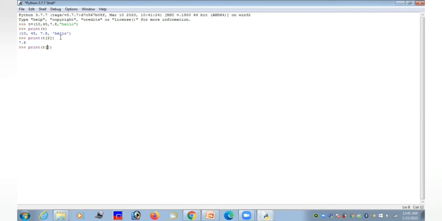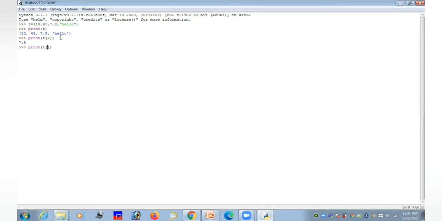So the string hello will take the index value -1. The element 7.8 will have the index value -2, the element 45 will have -3, and the element 10 will have -4.